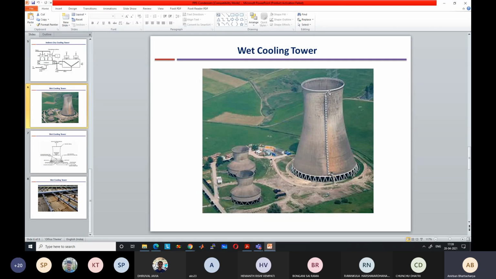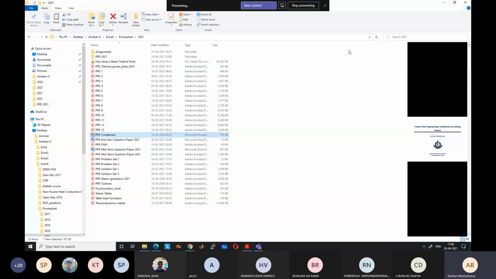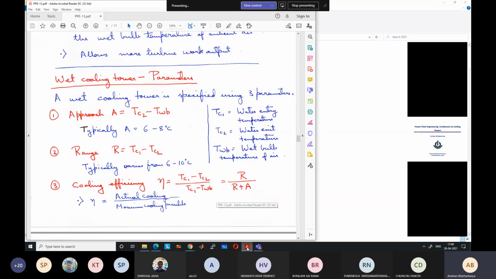Okay. So wet cooling towers are very widely used because of all their advantages. And in nuclear power plants also you will see wet cooling towers. So many nuclear power plants, if you see from far away, you will see large wet cooling towers. Okay. So anyway, there are three parameters which are used to